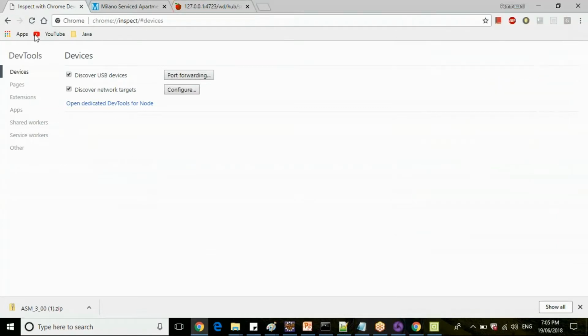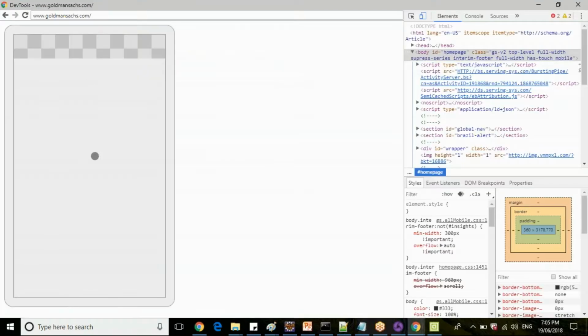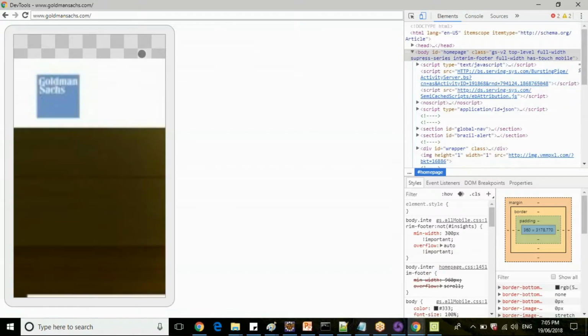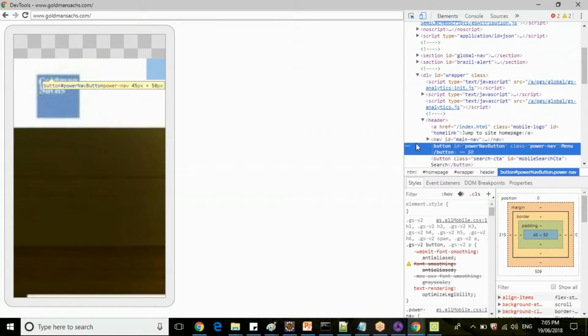So just refresh this Chrome browser. It will show what is the active session available. Then click on inspect. A window will be opened with your mobile device. So now you can even operate your mobile from here only. You can control your mobile from here. So we have identified the XPath for this responsive web design button. Then we clicked it.